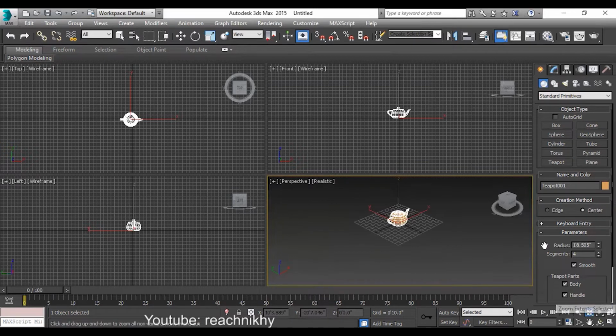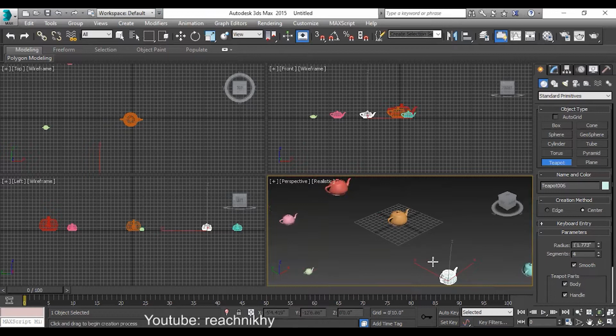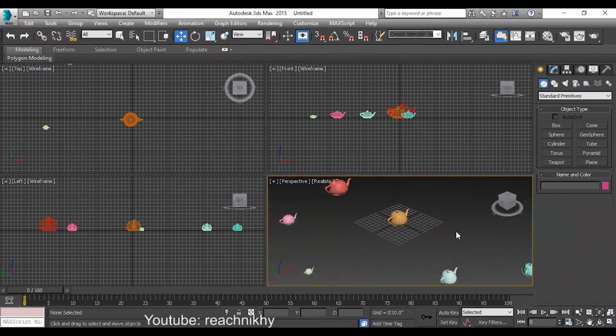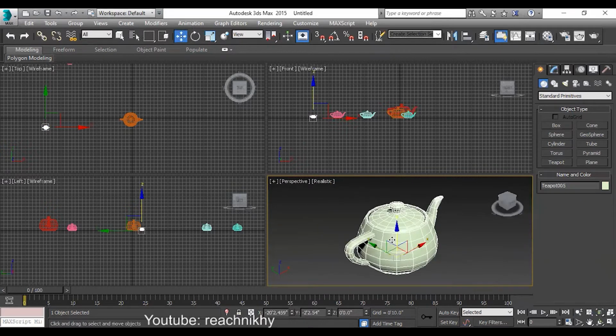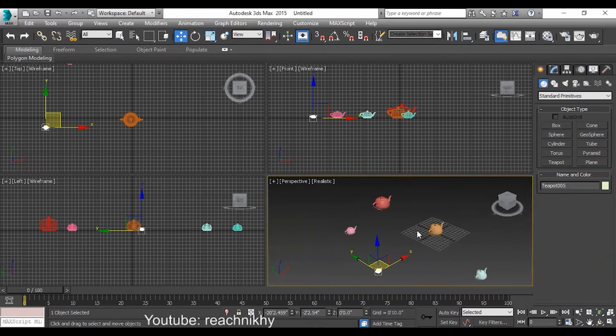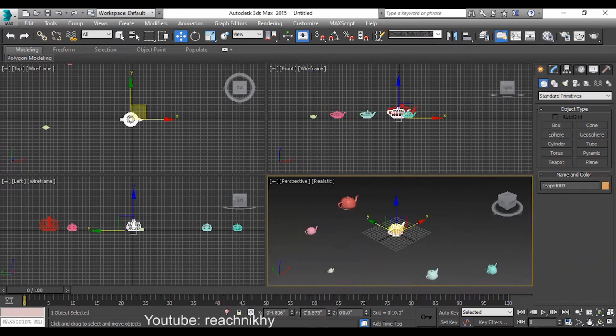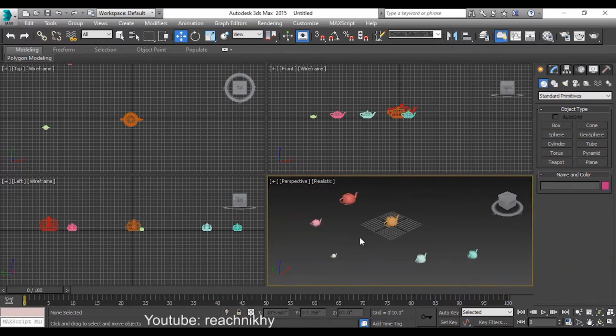Zoom extents means very simple. We'll have one more teapot here, one more teapot here, one more teapot here. I'm just creating like this. Click and drag, click and drag. You're getting it like this. To understand this zoom extents all, select any teapot. Select this one and click on this button. Now it is highlighted in your scene, that means you're getting the zoom to here. Again zoom out and see, like this your scene is. Again select this one, click on your zoom extents, you're getting it like this. That's what zoom extents all means in a simple way.